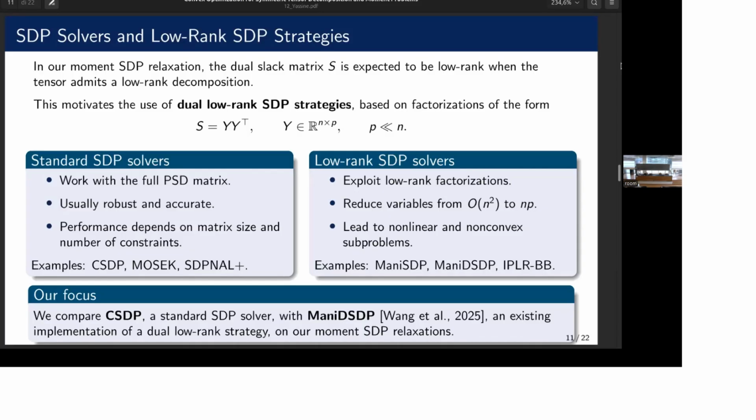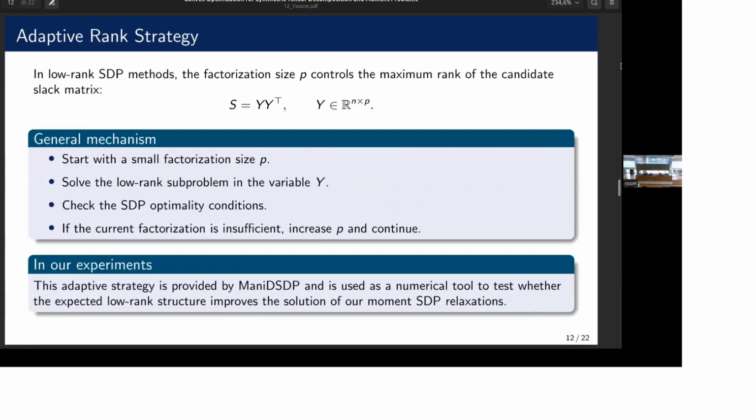And we are going to compare CSDP as a standard SDP solver with ManyDSDP, which is an existing implementation of dual low-rank SDP method for solving our moment problem. Before showing the numerical results, I want to present the adaptive rank strategy that is introduced by ManyDSDP. The idea is to start from small